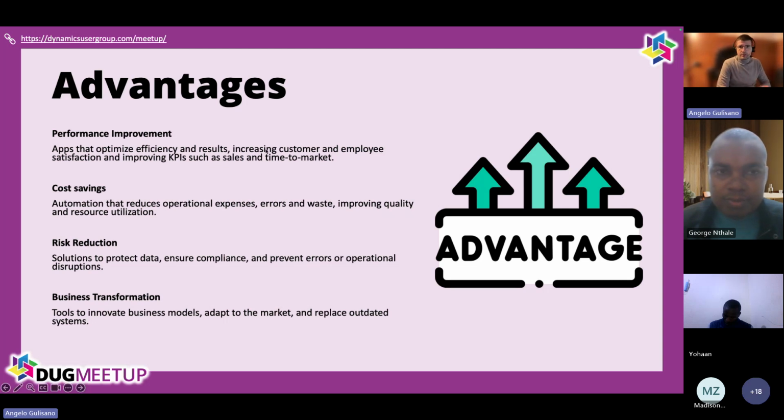There are also cost savings, because through automation we are able to reduce operating costs by eliminating manual processing, errors, and waste of time. We can improve the quality of the services, and in this way we can also achieve indirect savings, like reducing waste of paper, for example, or other resources.